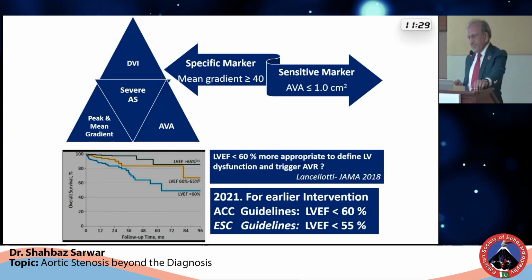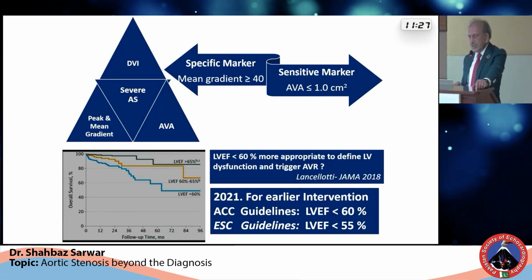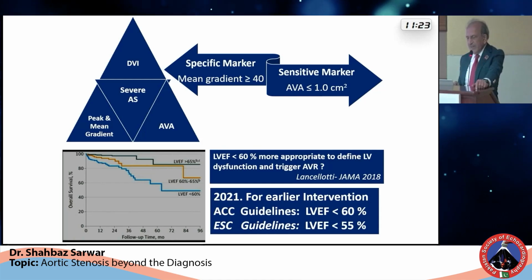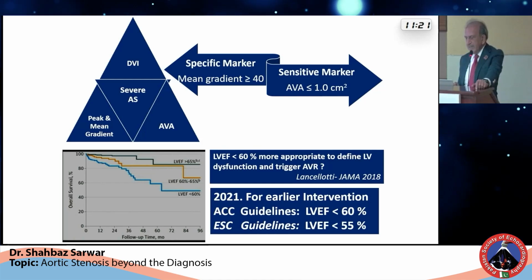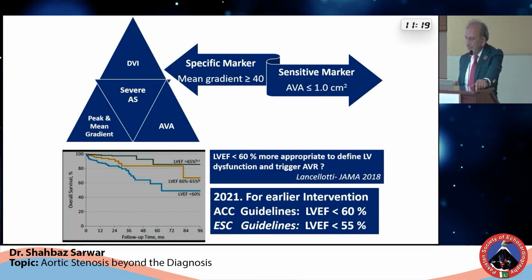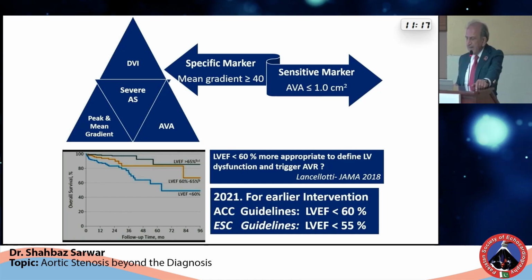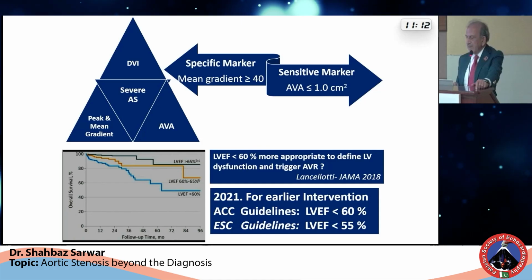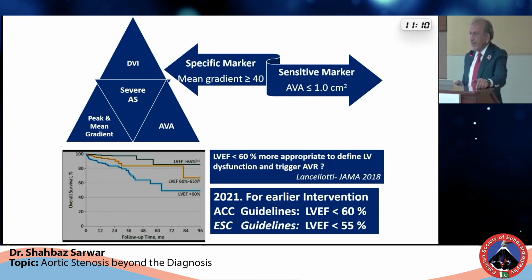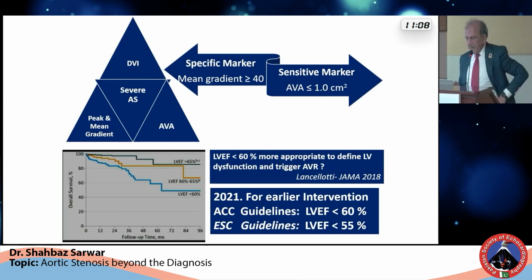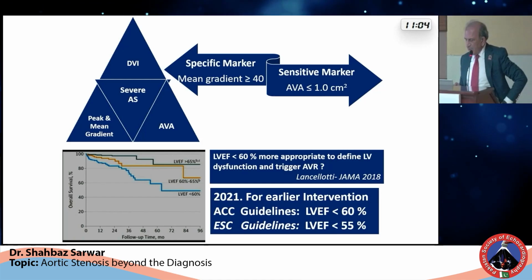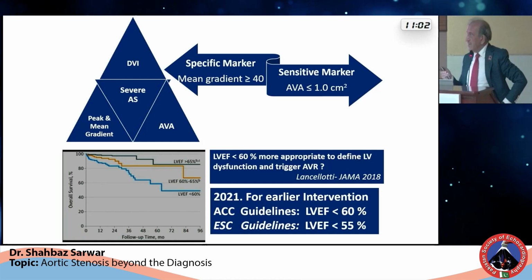Now, when we are talking about aortic stenosis, there are 3 things which we talk about: aortic valve area, peak and mean gradients, and the DVI. The mean gradient is, as far as I am concerned, a specific marker, whereas aortic valve area is a sensitive marker. The LV ejection fraction, which was usually considered to be